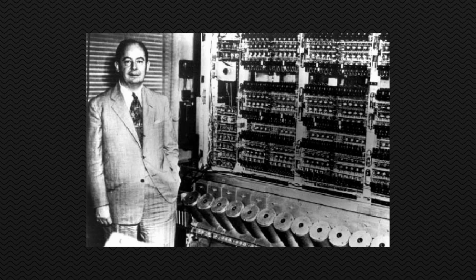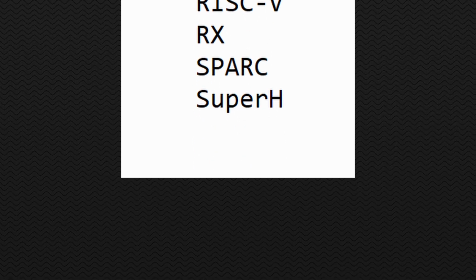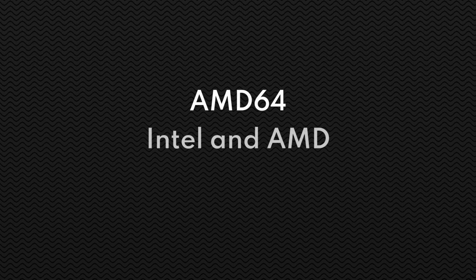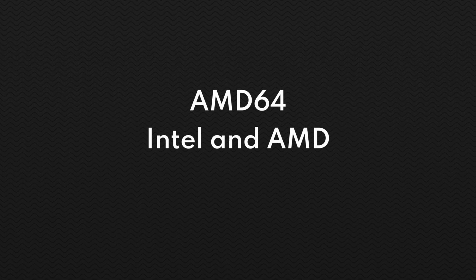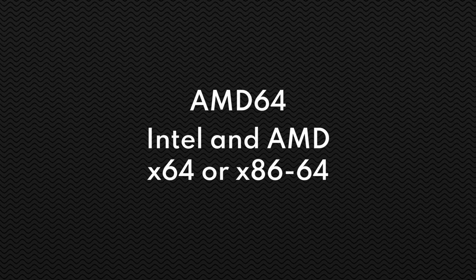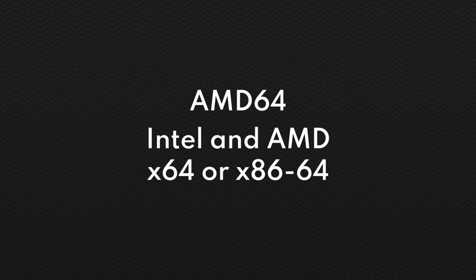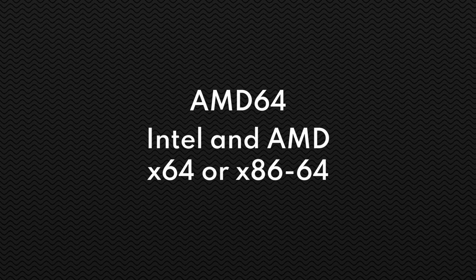Each computer architecture has its own set of instructions and actions that it can perform. Some other examples in architectures will be left in the description in case anyone is curious about it too. We currently use a family of architectures called the AMD64 that are used by Intel and AMD processors. You may also have heard equivalent names such as x64 or x86-64. Different architectures have different functions and commands to interact with the computer. We won't delve too deeply into different architectures here, but knowing they exist is essential to understand how computers work and what it can do.